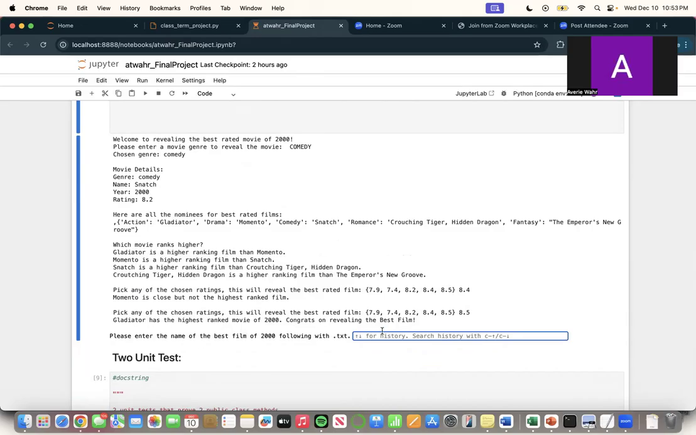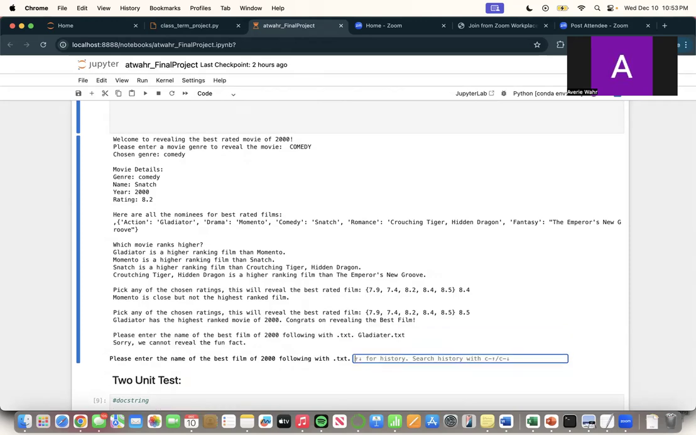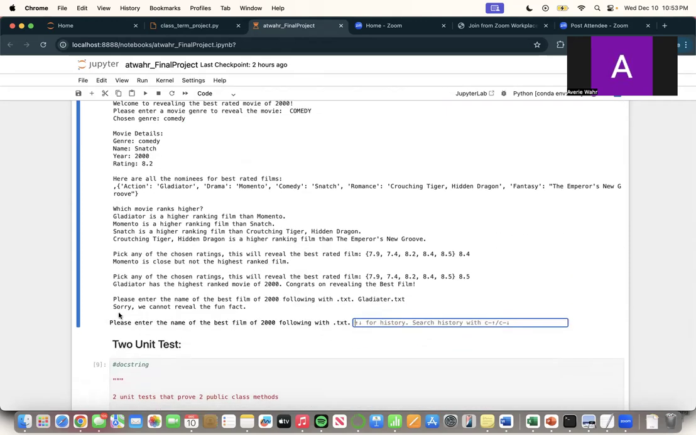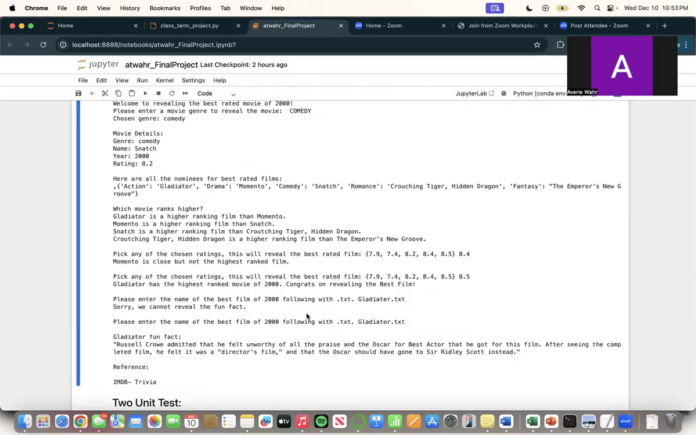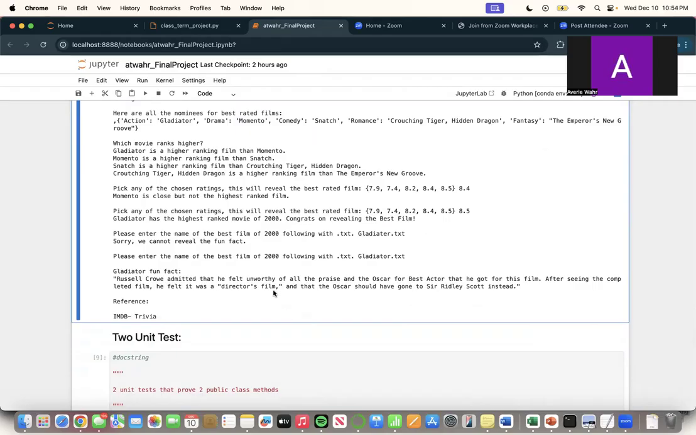So it says congrats on revealing the best film. And then I'm going to reveal the fun fact here. So I'm going to type it in wrong on purpose. So it shows that it cannot reveal the fun fact. So I typed it in wrong. So let's hopefully I type it in right this time. Revealing the fun fact about Russell Crowe being the best Oscar nominee and a winner for Best Actor, and Ridley